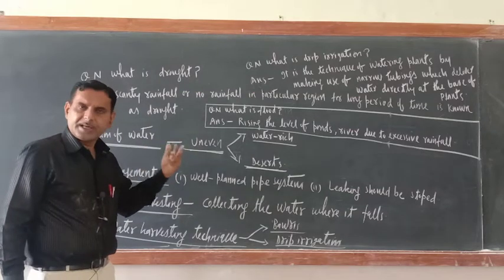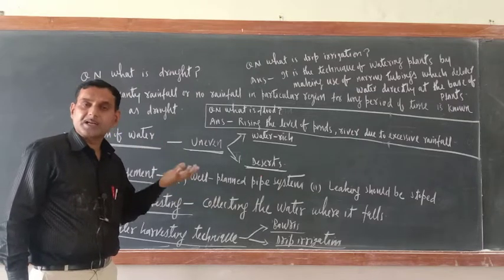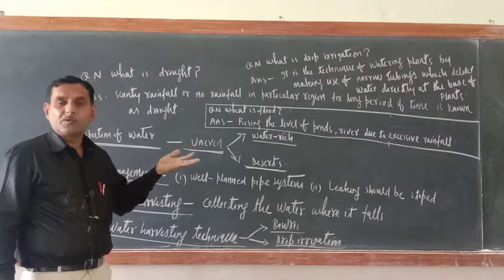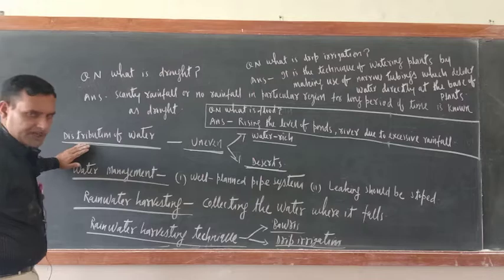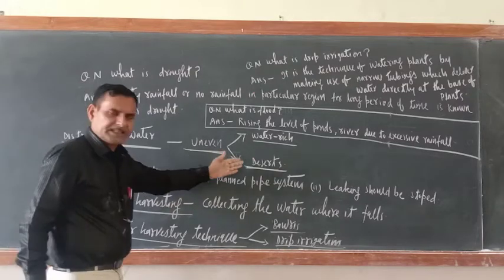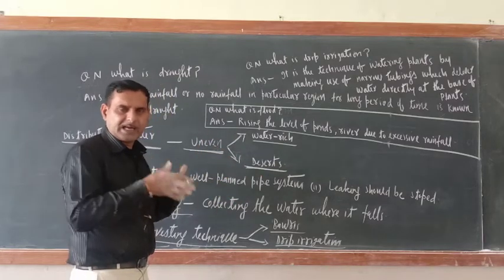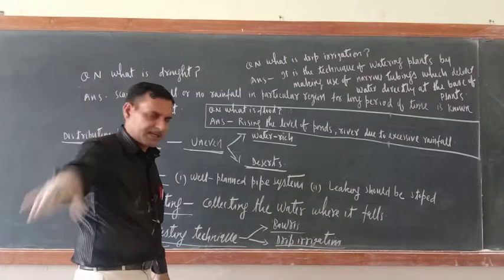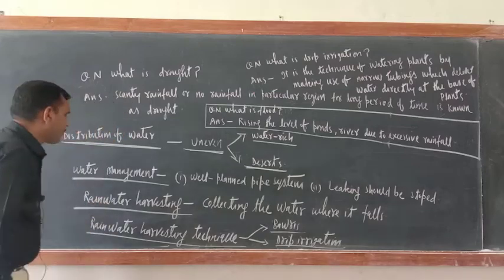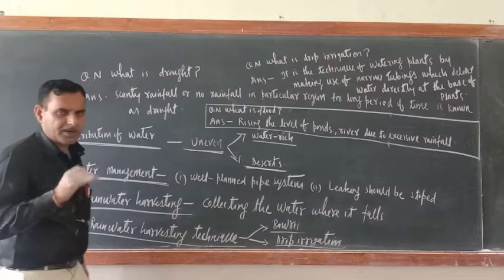That is why the areas where more water is there should be managed, and that water should be transported to those areas where water availability is less. So this is the distribution of water. That much only we can say. Nowadays even in desert areas the availability of water has been increased by canal systems or some other systems. Next one is water management. So what is the meaning of water management? The meaning of water management is